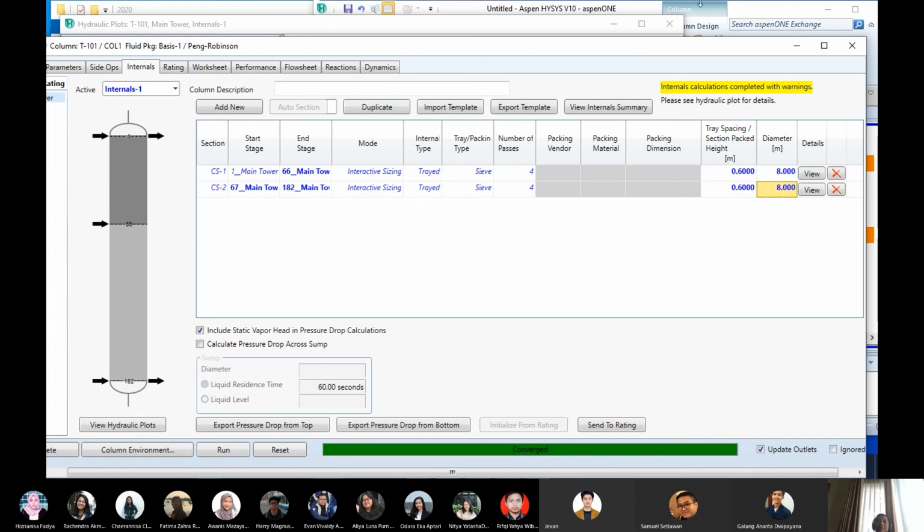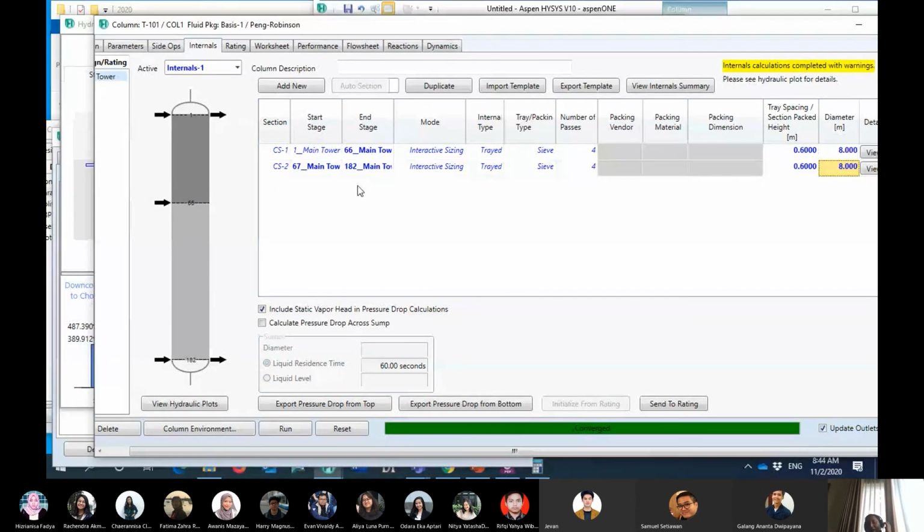Okay, but the presence of this utility from HYSYS will help us to evaluate the good condition for the hydrodynamic case. So we will know whether the operating point is already inside the safe operating window or outside of the safe operating window. Okay, in the case that the operation is outside of the safe operating window, we have to change a bit, for example, the diameter. Okay, how about if the diameter already exists?